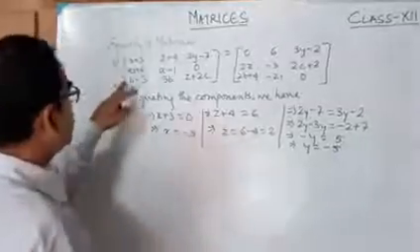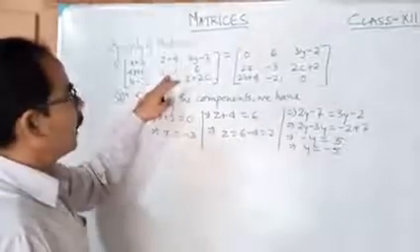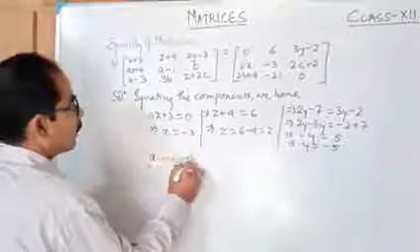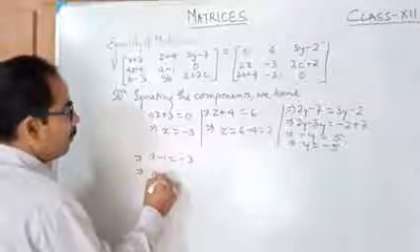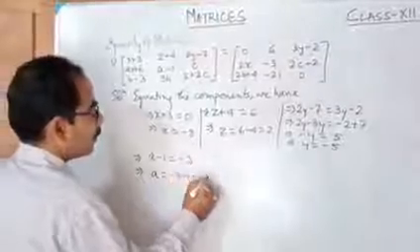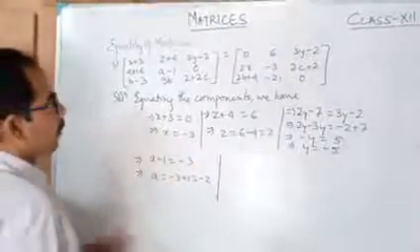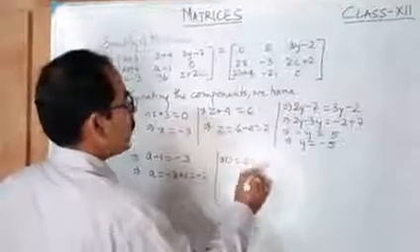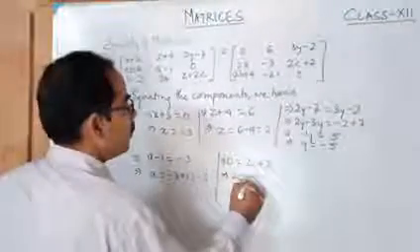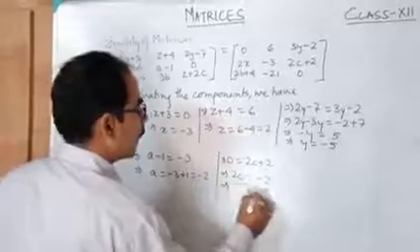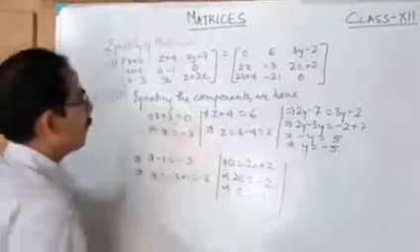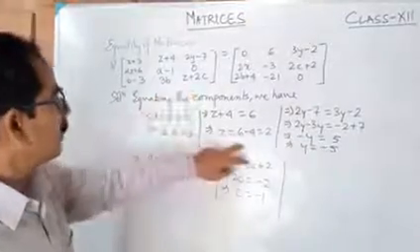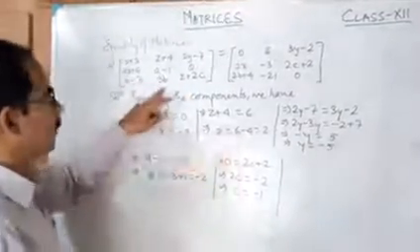Correct? Now next, which is the unknown variable here? This one. Just equate it, that is a minus 1 equals minus 3. So a will be minus 3 plus 1, that is equal to minus 2. Next, 0 equals 2c plus 2. I hope it is clear to you now. So 2c will be minus 2, so c is minus 1. Any other variables which are unknown? Yes, b is there, z is there. Z we have already calculated. So now next b.